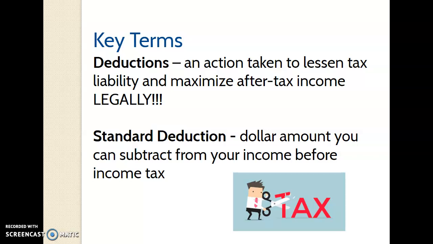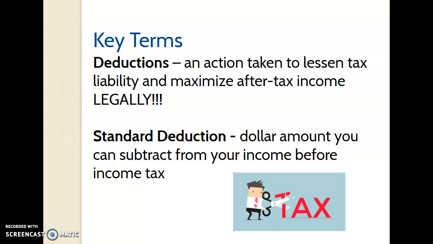These are things that the government wants to influence and encourage, because if you're buying a house, you're stimulating the economy. If you're donating to charities, that's helping a lot of different people in our country. So they want to encourage that good behavior. They do this by letting you then not have to pay as much tax on your income. So you want to make sure that you can claim all the deductions you can so that you can keep